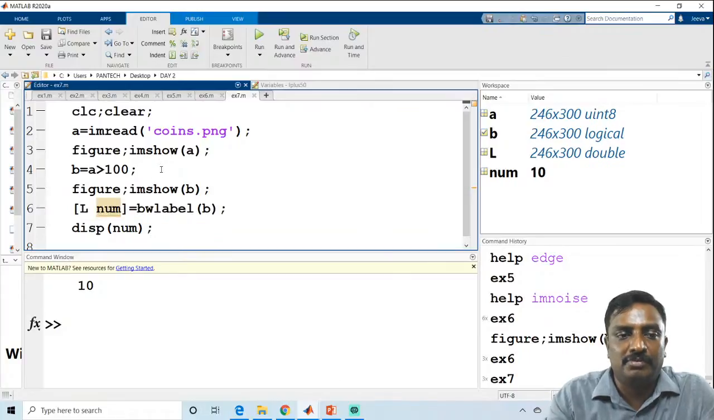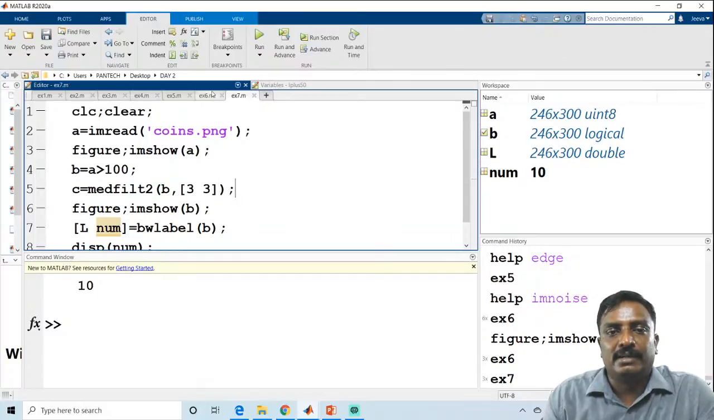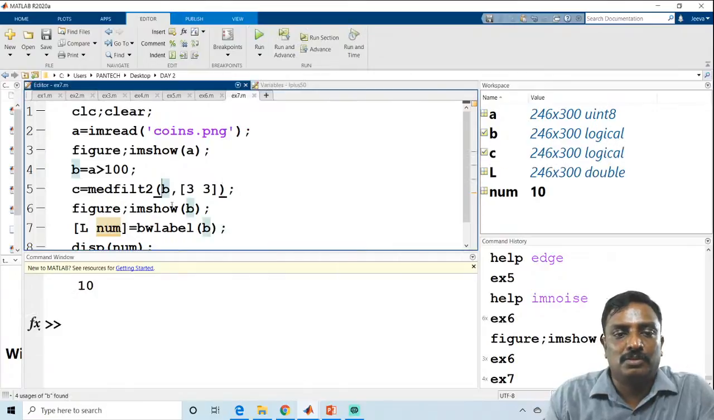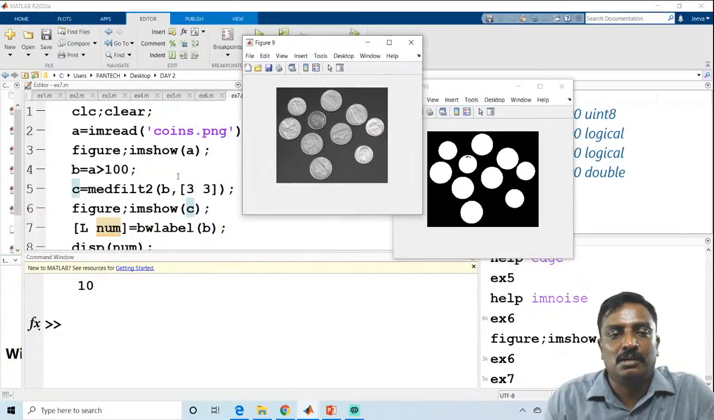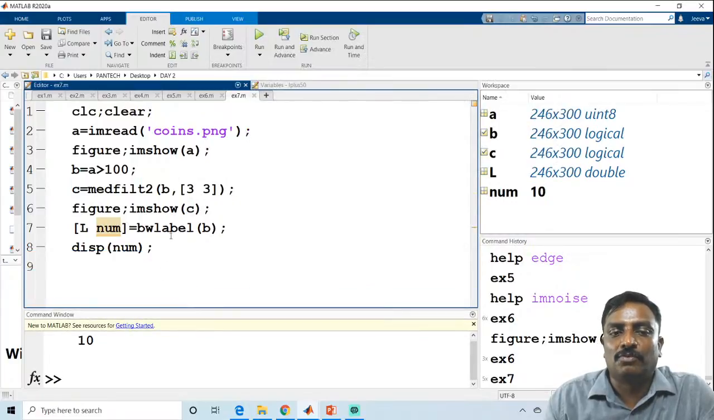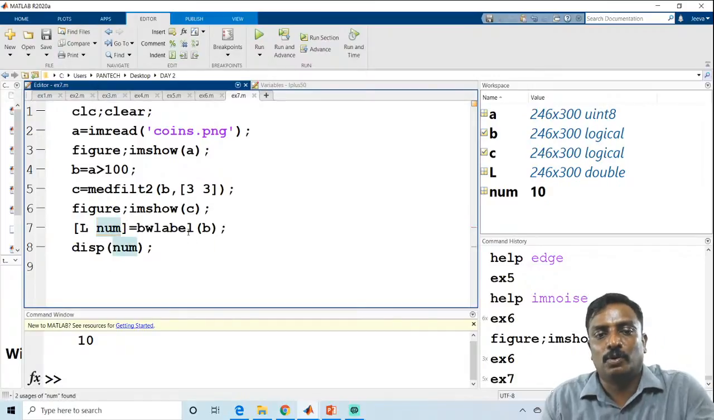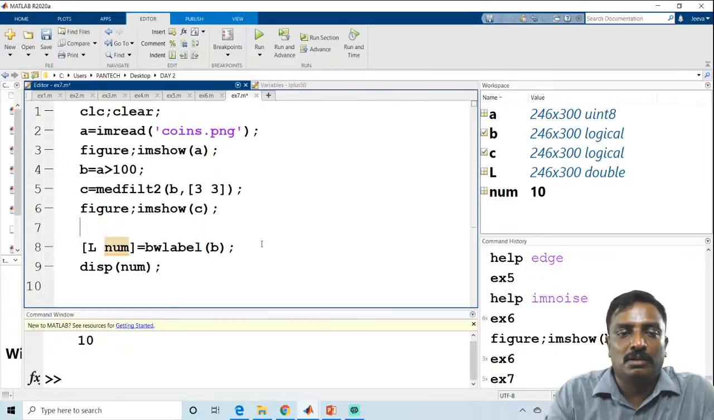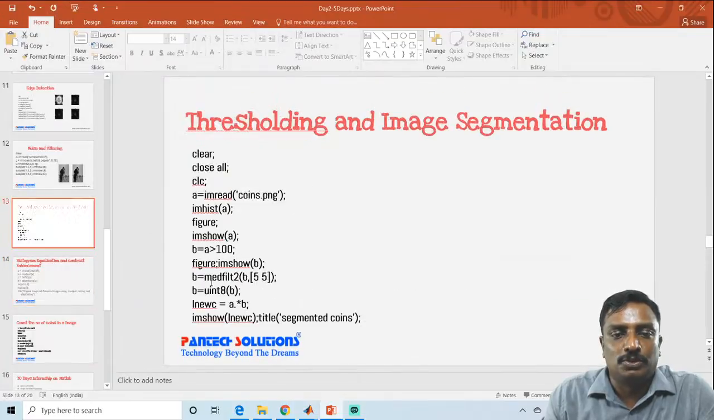If you want to apply a median filter, medfilt2 of B, comma, 3 by 3, you will get a clear image. So figure, I'm displaying the median filtered image. This is the median filtered image. And boundary labeling will give you the number of coins. Boundary labeling, so if you want the segment,